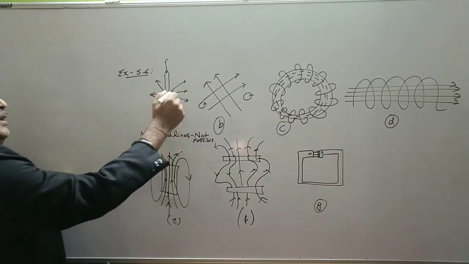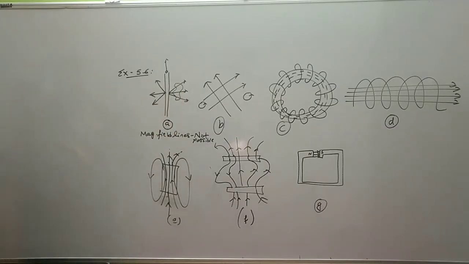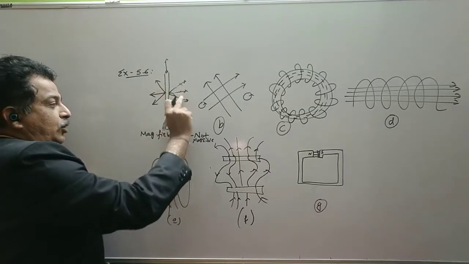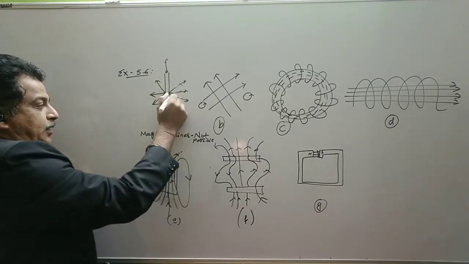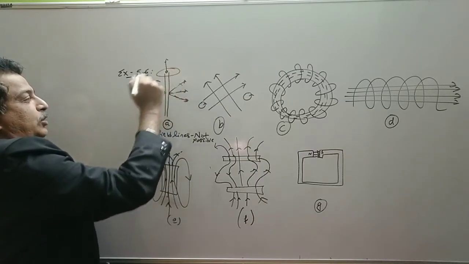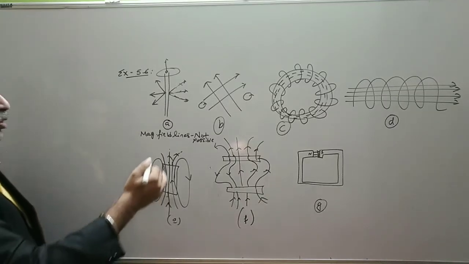So what is wrong is, if we consider a closed surface, it does not form a closed loop. Instead, the field lines are emerging from it. So if I consider, suppose, a closed surface on this side, field lines are emerging from it, which is not possible. So it should form a closed loop.